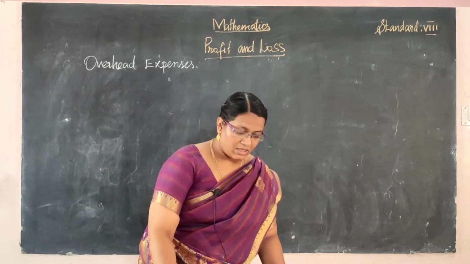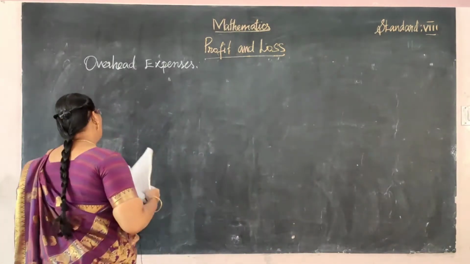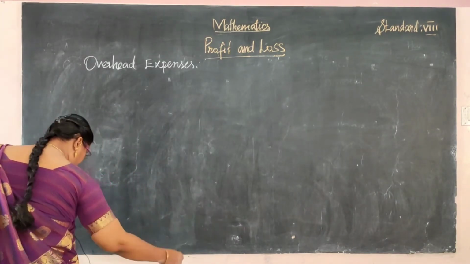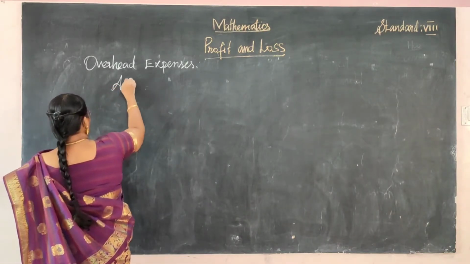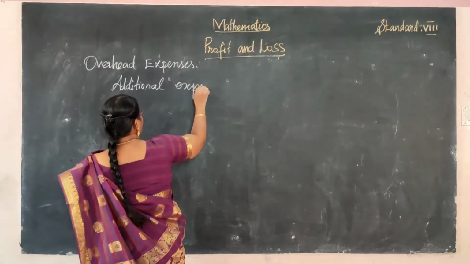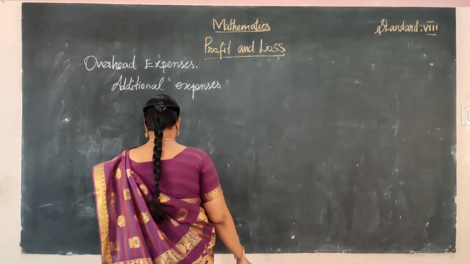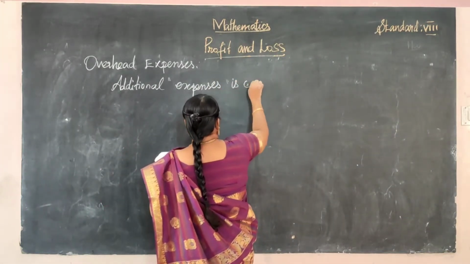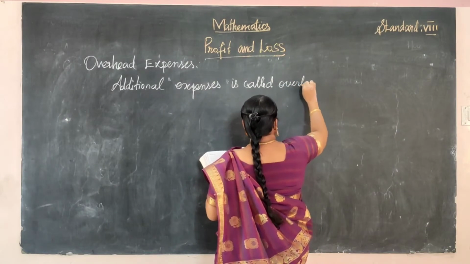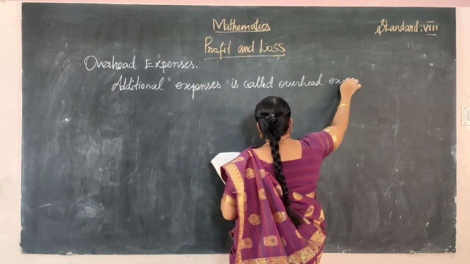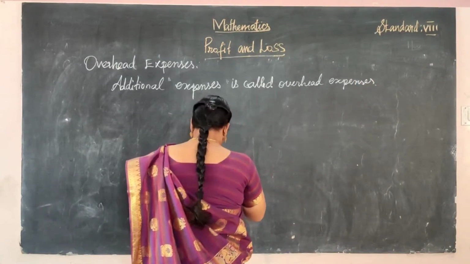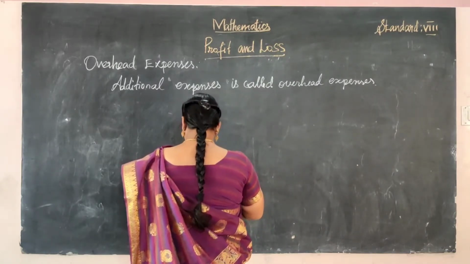So what is the definition? Additional expenses is called the overhead expenses. Overhead expenses. And next one,